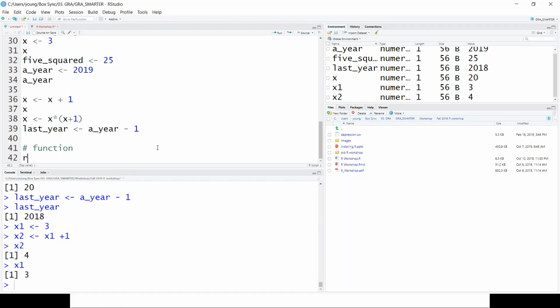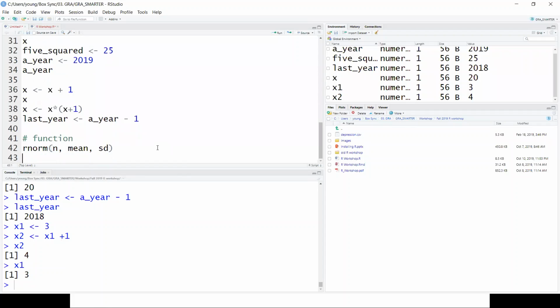For example, let's have rnorm here, which gives you the normal distribution. And then there must be some arguments that the function requires you to write, which are n, mean, and standard deviation.